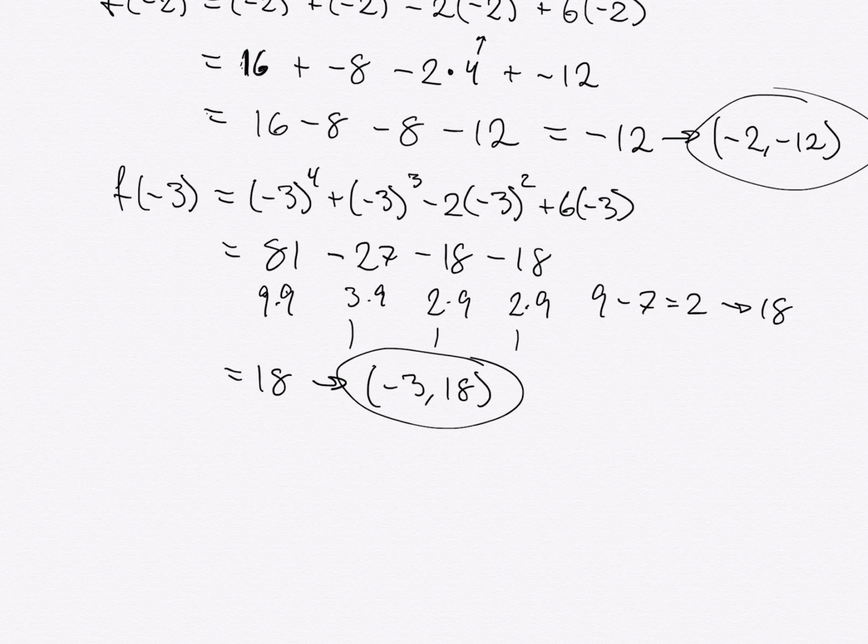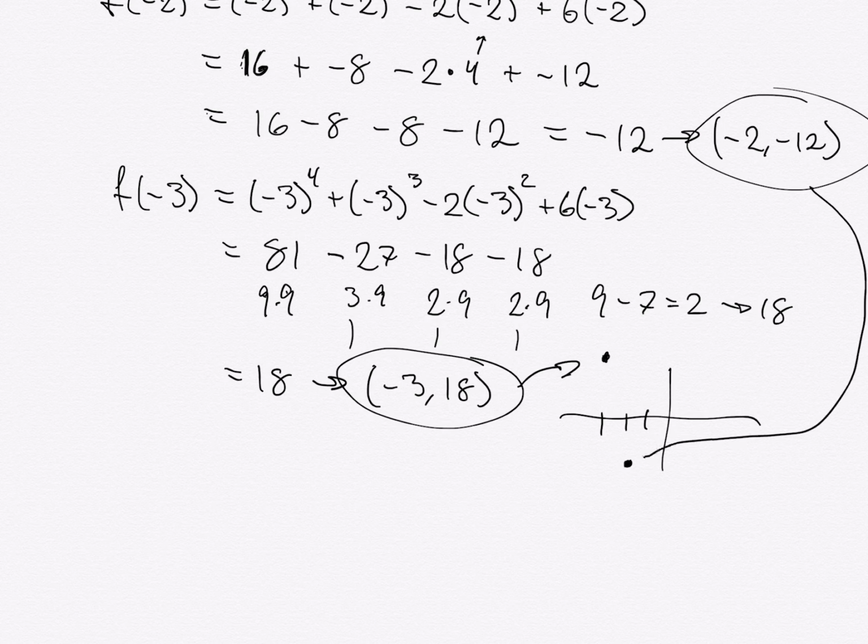starting, let's draw a quick graph. I don't like that one. Let's do that again. -1, 2, 3. At -3, we're way up here at 18. At -2, we're down here at -12. -3, 18. -2, -12. It's a polynomial, so it's continuous, which means somewhere between x values of -3 and -2, we do